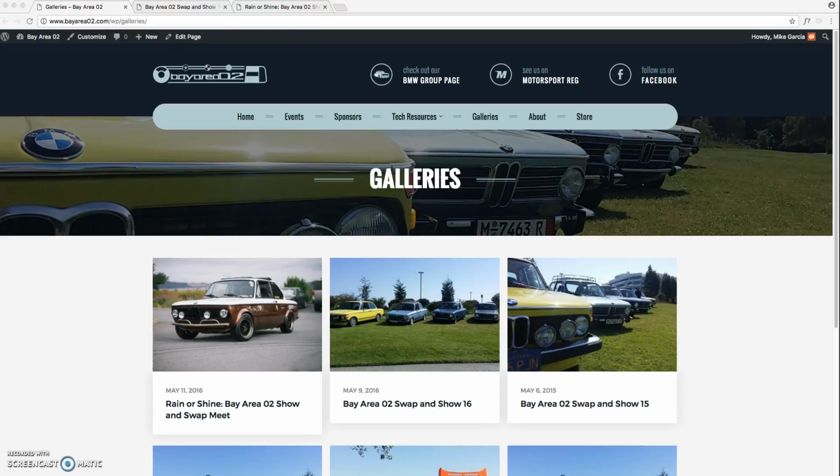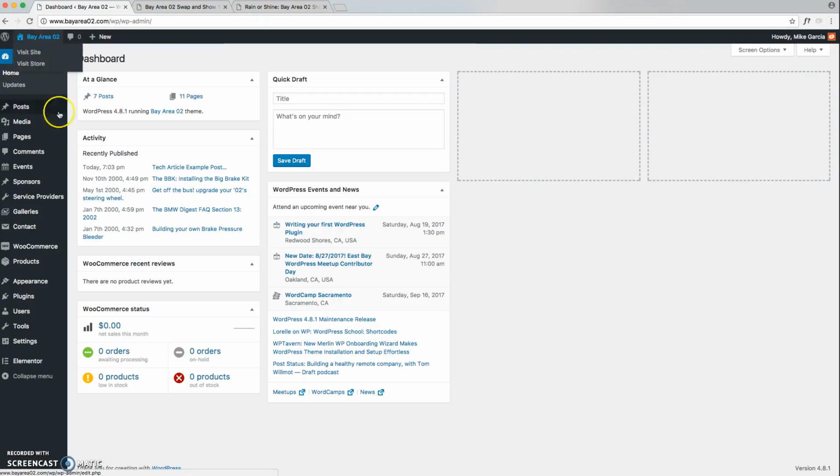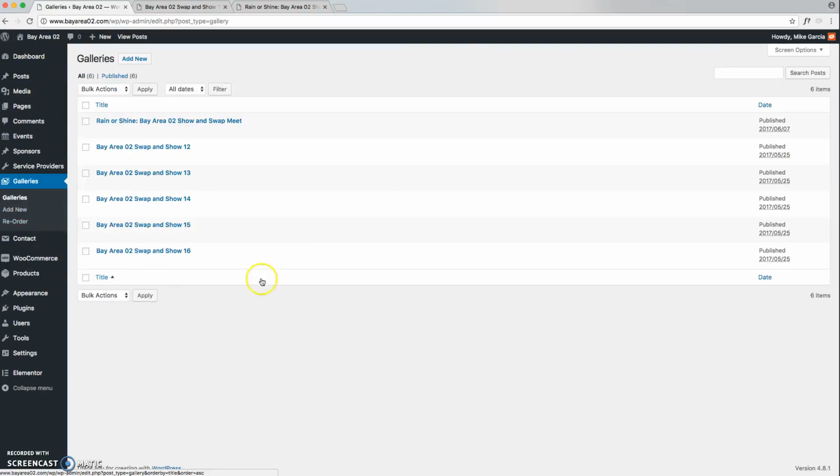All right, I'm going to go over how to add galleries and edit galleries for your website. If you want to edit galleries, you're going to log into WordPress and go to galleries, and you can edit galleries that have already been built. So if you want to add images to them, remove images, etc., you can do that by just finding it and editing it. That's going to go over the basics